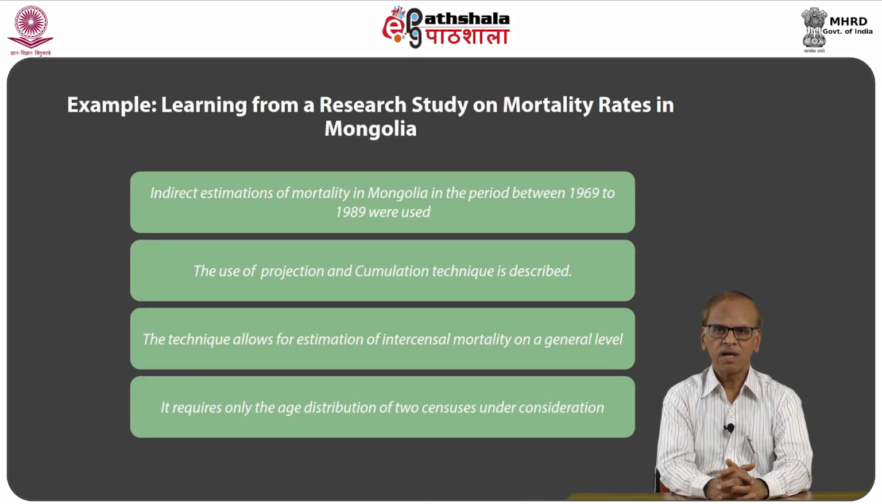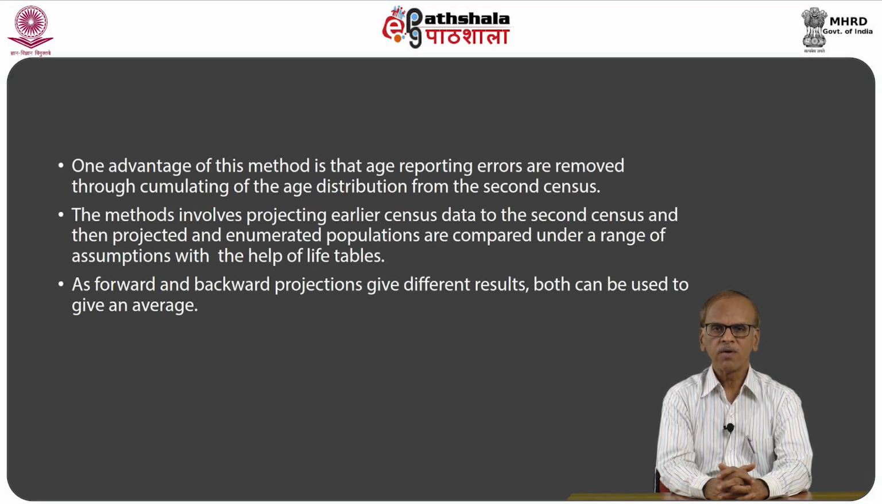In a research study on learning from indirect estimation of mortality in Mongolia, in the period between 1969 and 1989, the use of the projection and cumulation technique is described. It allows for estimation of inter-censal mortality on a general level and requires only the age distribution of two censuses under consideration. One advantage of this method is that age reporting errors are removed through cumulating the age distribution